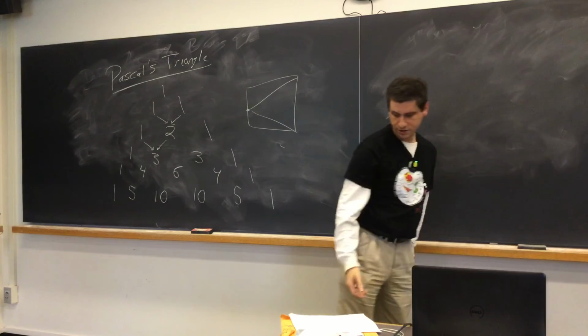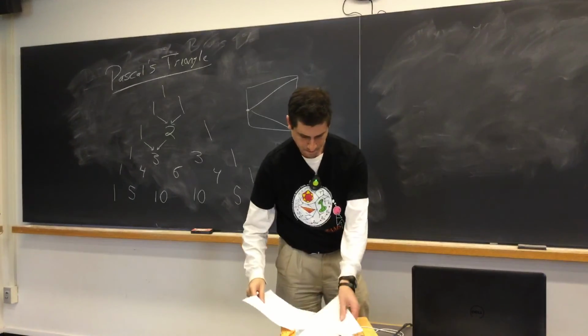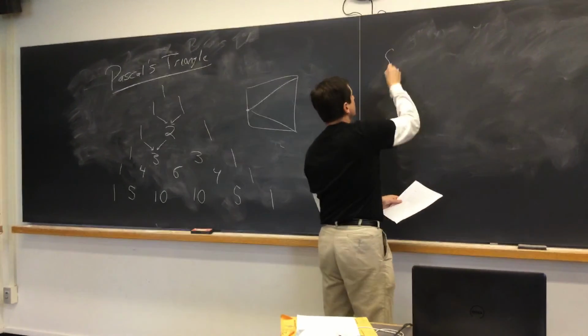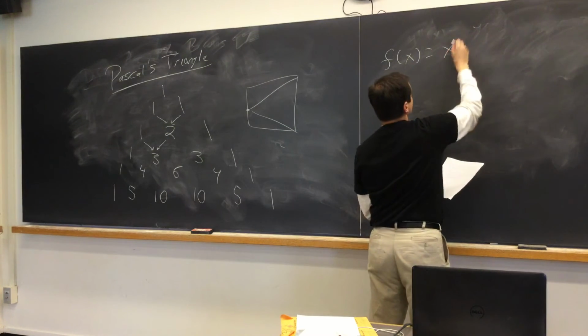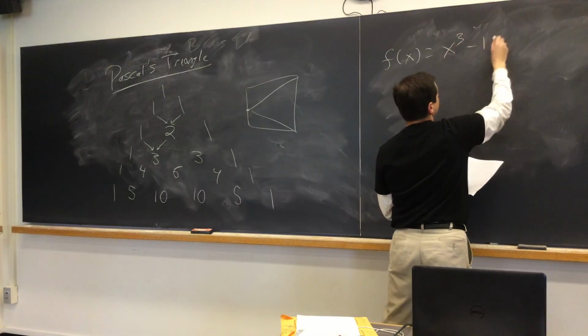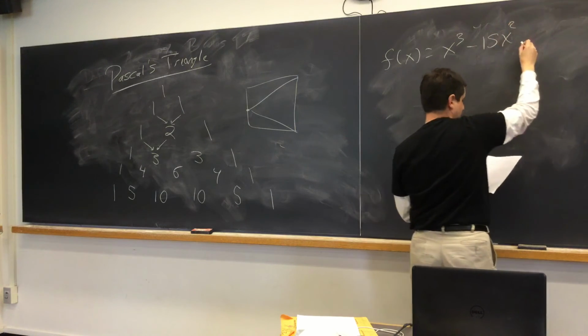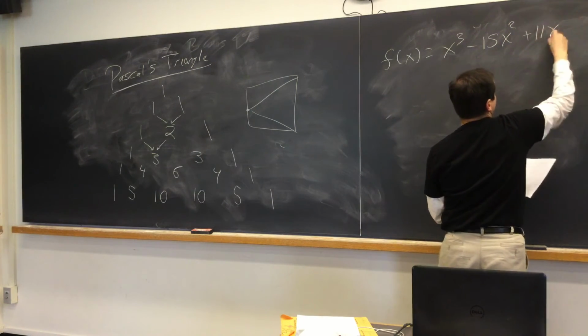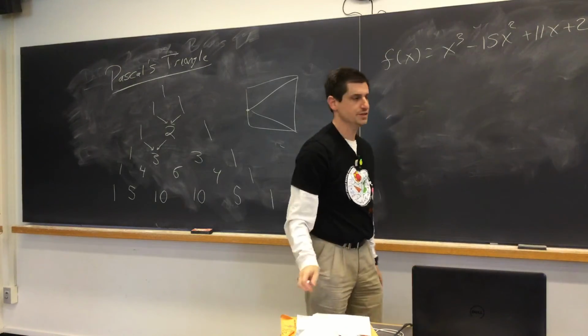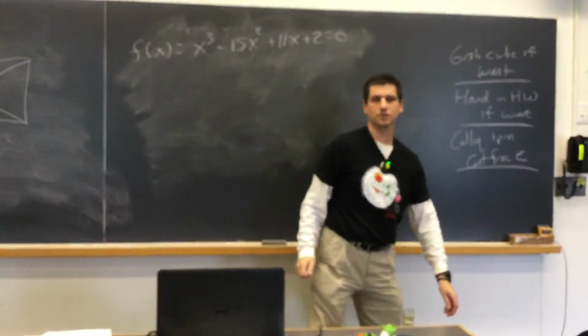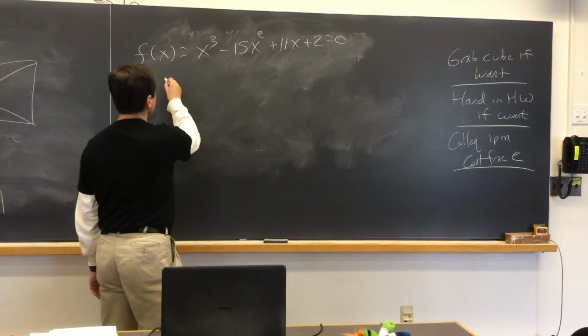So the equation that we're going to be looking at is f of x is x cubed minus 15x squared plus 11x plus 2 equals 0. So we want to solve this. So the first is solve